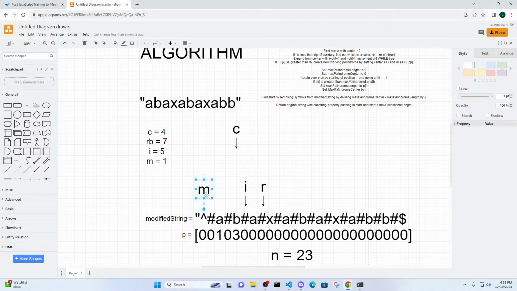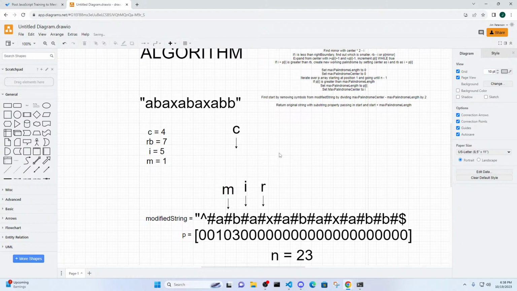So we're doing 0, 1, 2, 3. So you could see that our mirror now is pointing to this character, and the length of this palindrome was 0. So the length of this one, same thing, 0. That's the information we're passing forward right there. Since this is 0,